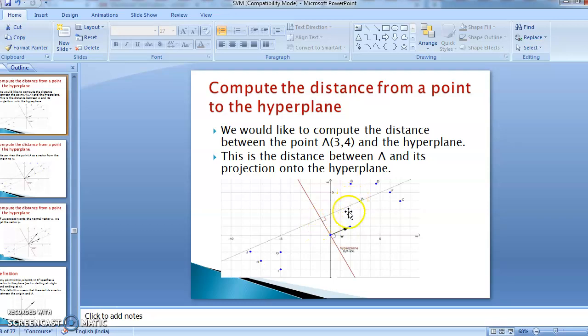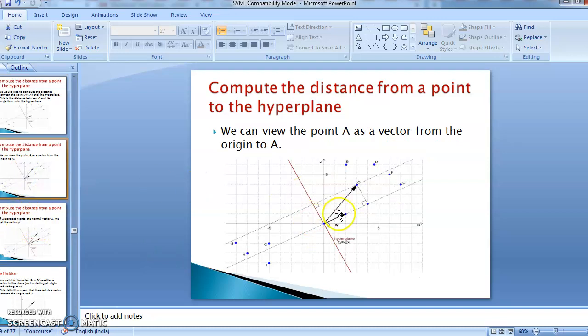So how will you find this distance? If you define another vector, call it vector A, which goes through this point A, and if you allow this vector w to move forward towards the projection, then with the help of the orthogonal projection from A, you can find the distance, which is the same as the distance for that margin.